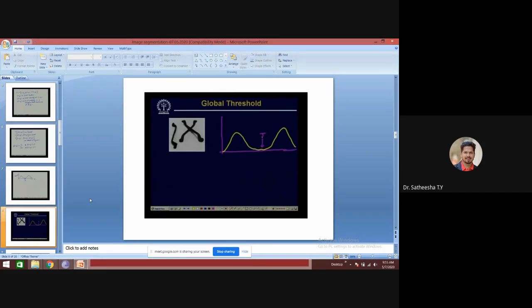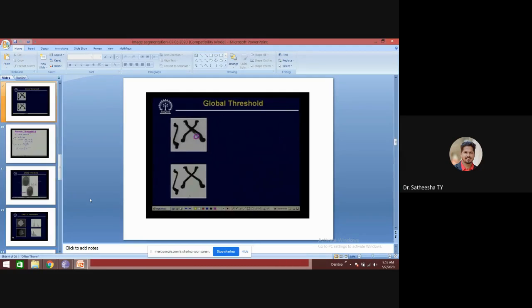Now I will show you one particular result. In this particular case, you find that we have an image where the objects are dark and the background is bright. So naturally, I will have a histogram which will be a bimodal histogram, and the nature of the histogram will be like this.